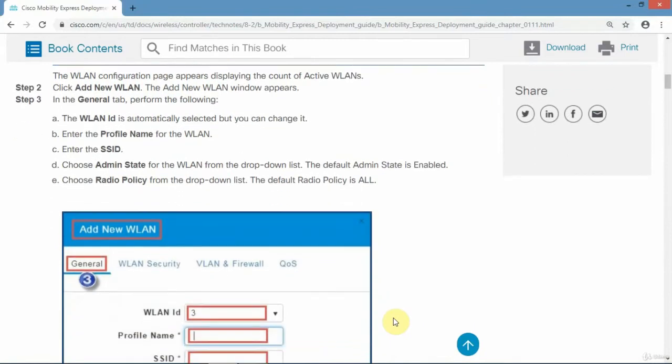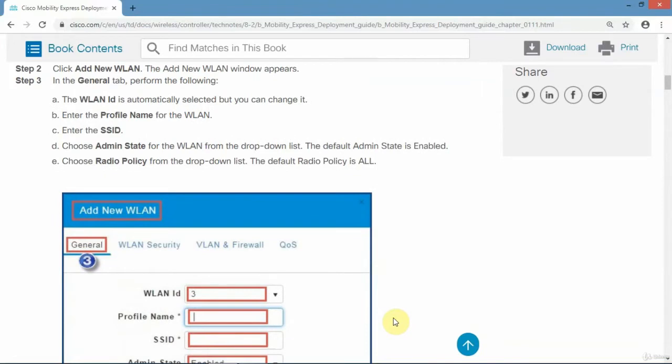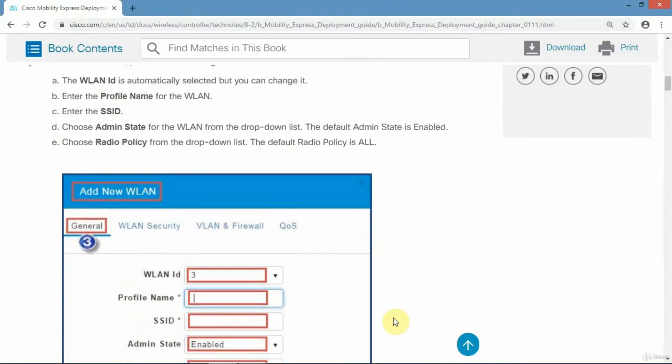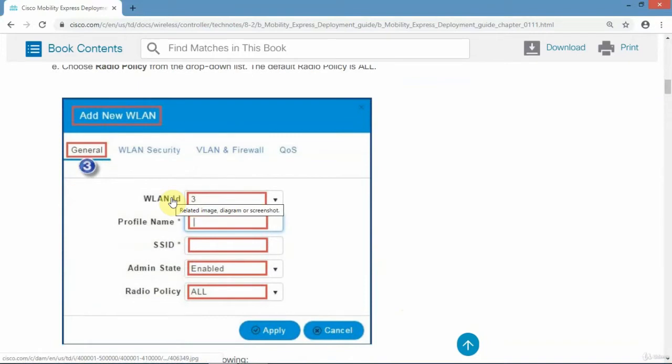So you just go through and select add wireless LAN. That's the first thing you want to do. In the general tab, you go to wireless LAN ID, and in this case you want that to match the VLAN. So if you've got a wireless VLAN 100, for instance, you'd put 100 in there. For the profile name, you want to give it something descriptive. You're going to set up a profile for this wireless LAN, with some parameters, attributes, and settings, and then you'd want to give it an SSID name, which is 32 characters maximum. Give it something like